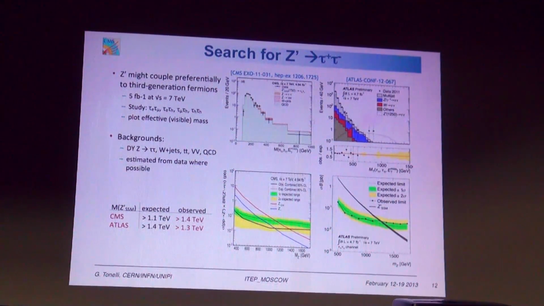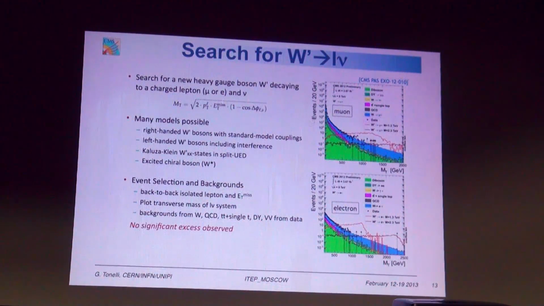Okay, then this is also part of the work that we did to check if what we saw in dileptons, meaning dimuons and dielectrons, was real or not: to take a look at di-tau, because there is no reason to violate lepton universality. If there is a new massive object decaying to dimuons or dielectrons, we should see something also in di-tau. And in di-tau we didn't see anything significant, so basically this was another cross-check that we did, and then you basically put limits at the end once you don't observe any excess.